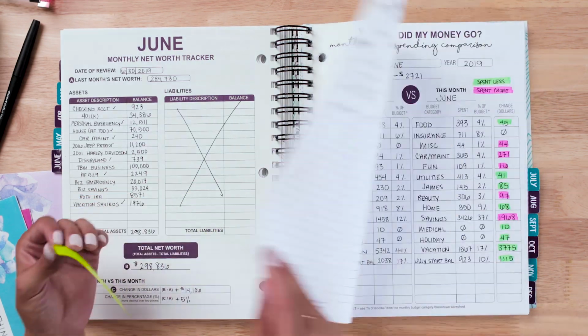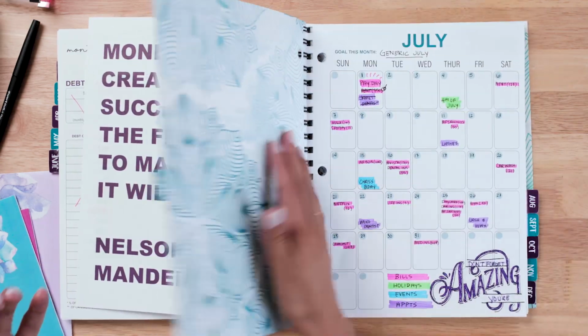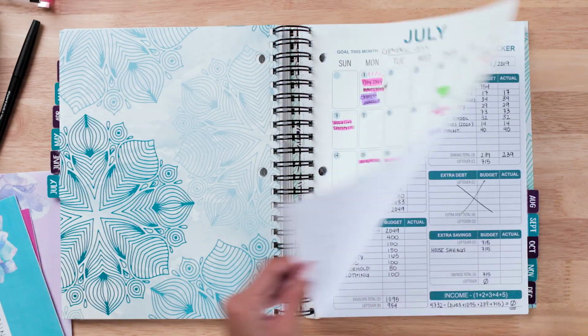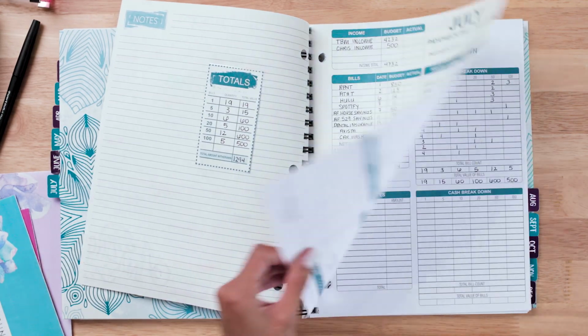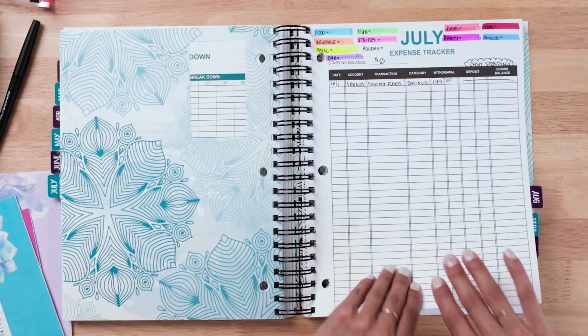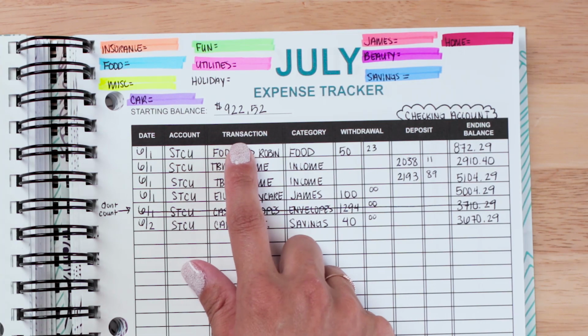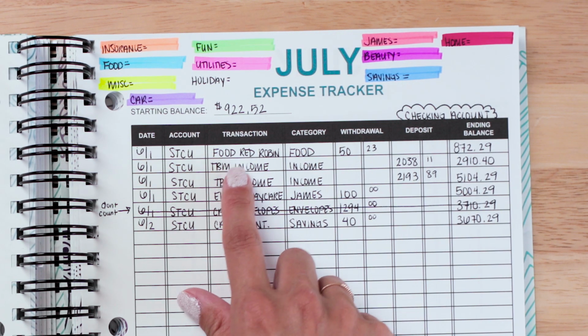So, for instance, as you can see, I already have July figured out. And if you look at my expense trackers, I have a starting balance already written down. So your closing balance for June should equal your July starting balance. And that's how you're gonna know if you're closing out your budget correctly. So that's my full